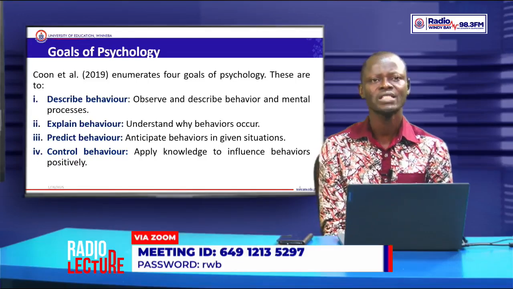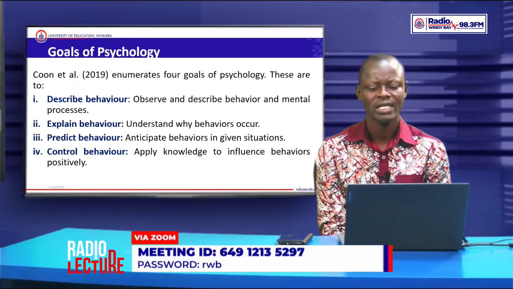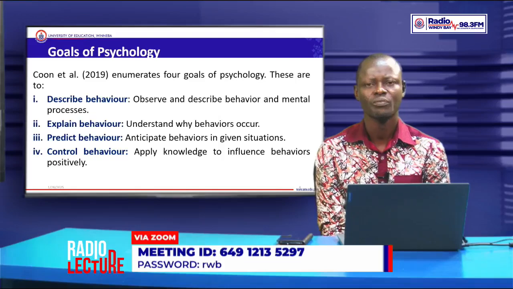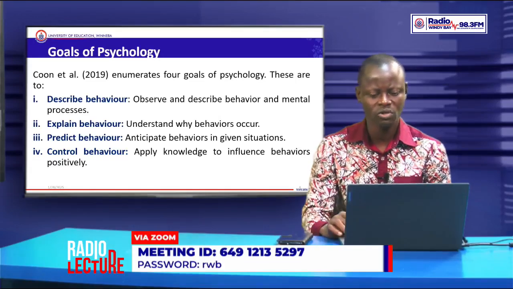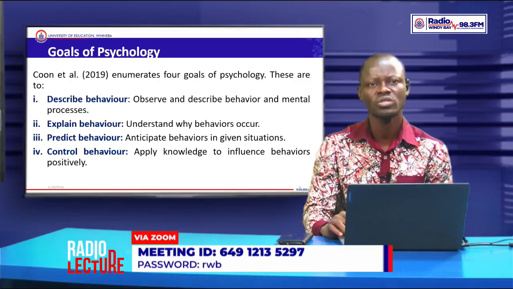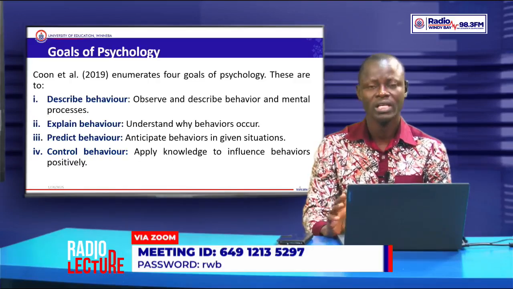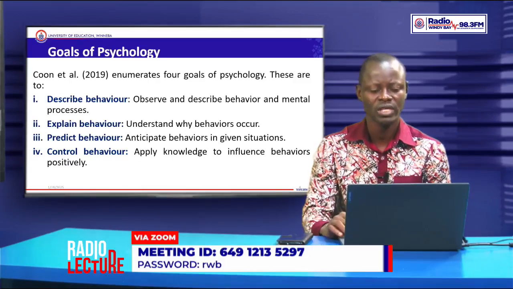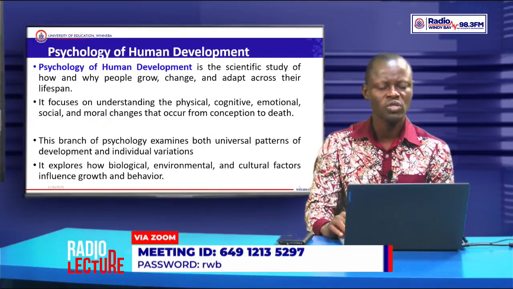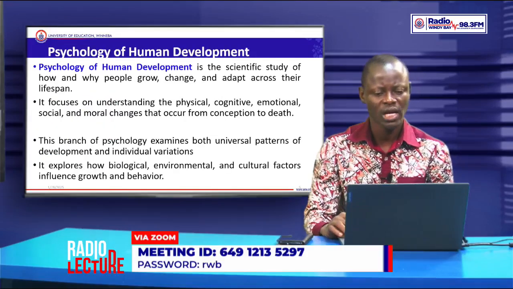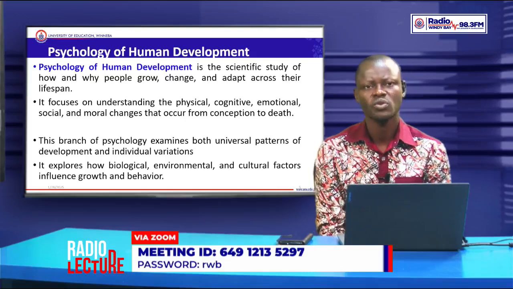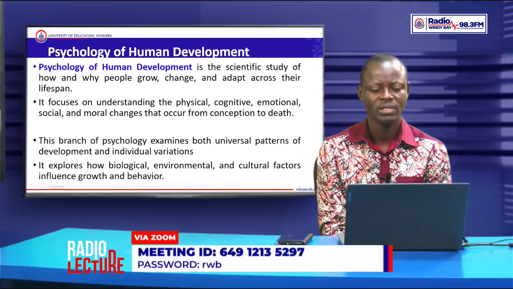The next thing, we want to control behavior. There are some behaviors of human beings that are positive and others are negative. We want to find out which of them are negative, which of them are positive. The positive ones are the good ones that we want to actually encourage. But the negative ones, we should be able to control the behavior so that it doesn't actually land the individual into more troubles. We also want to find out the actual way the course is supposed to help us be able to understand some key things in life.